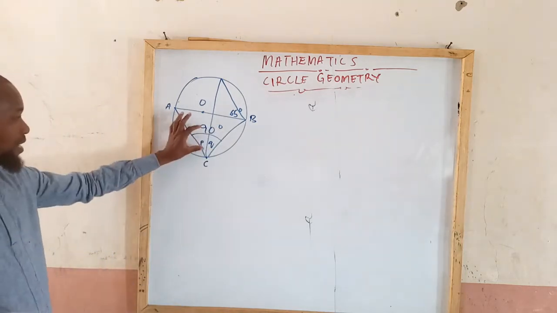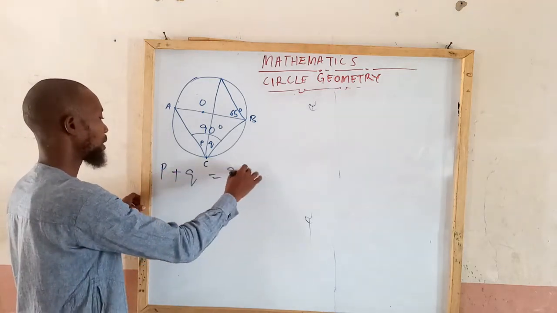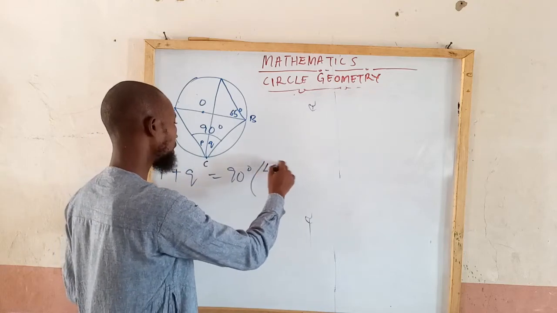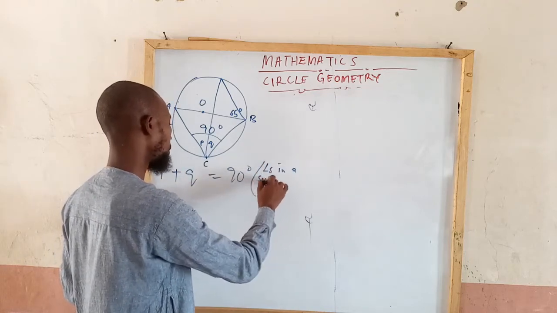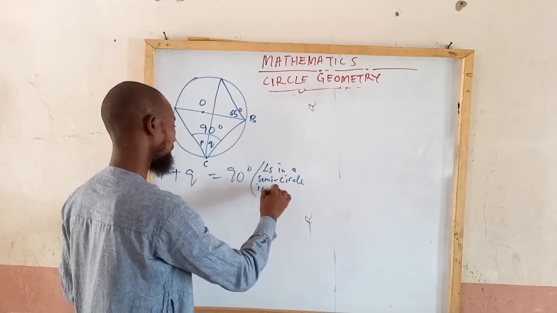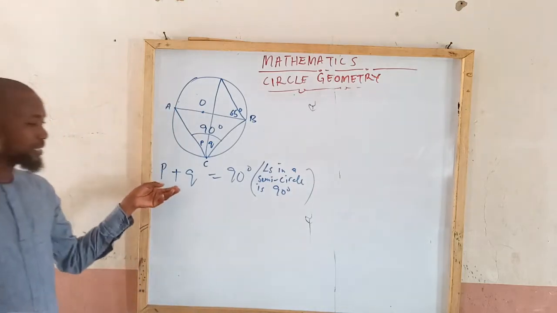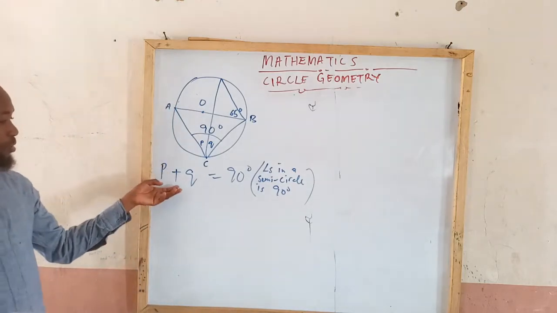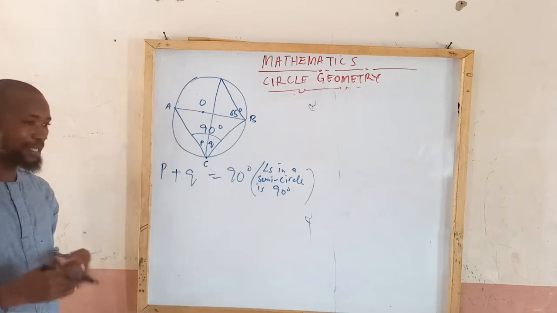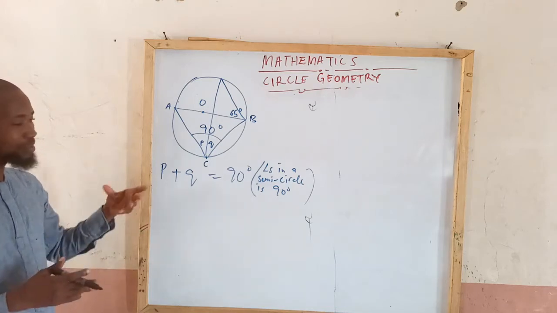So what we have here, the meaning of this is P plus Q is equal to 90 degrees. And the reason for that is angles in a semicircle is a right angle, that is 90 degrees. Now we can see in these things, the result we have here is a combination of both P and Q, but we are also to report P as well as Q in a separate manner. Now achieving that means we have to